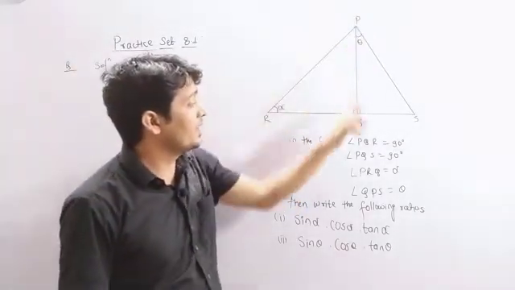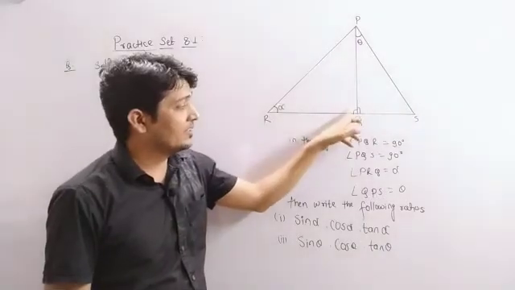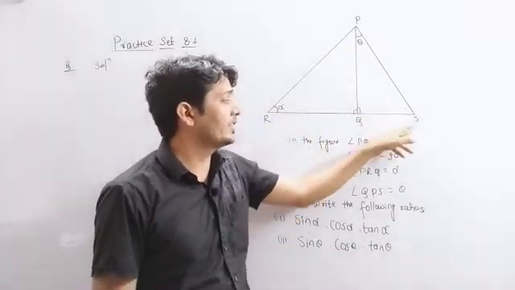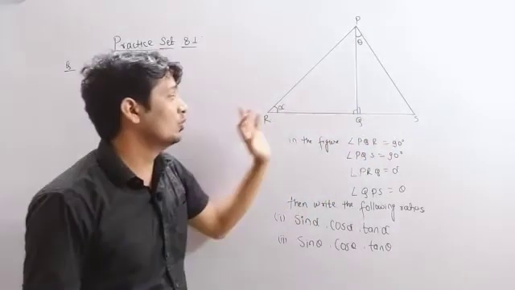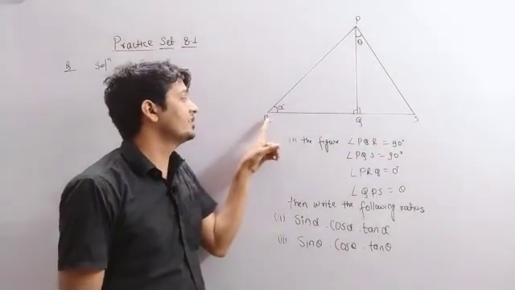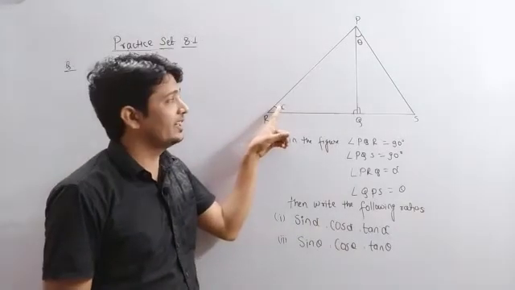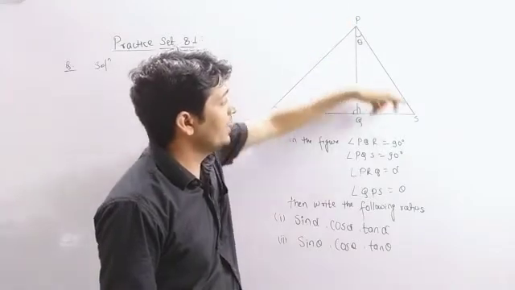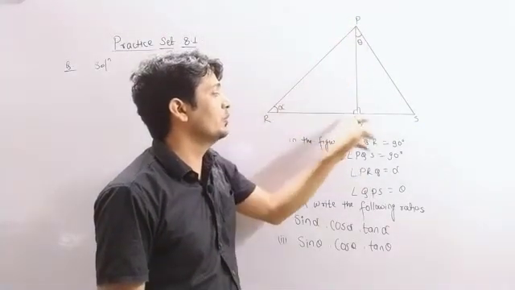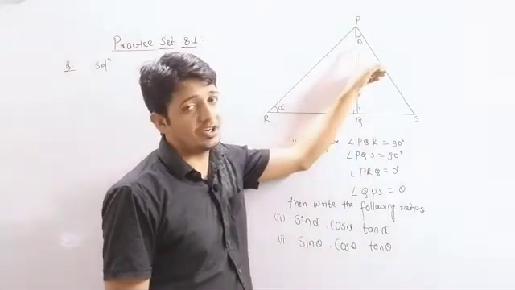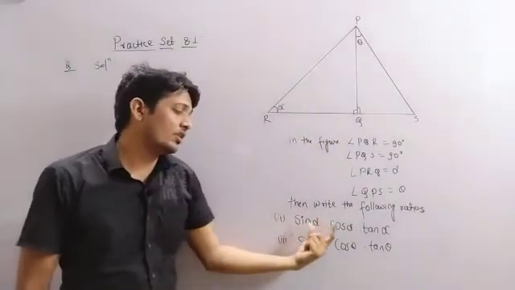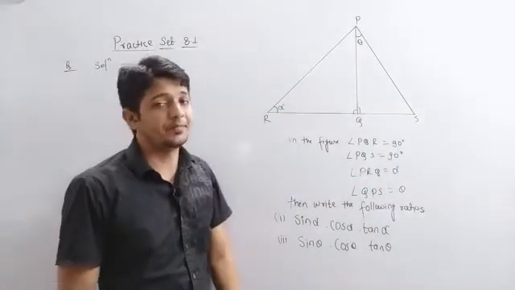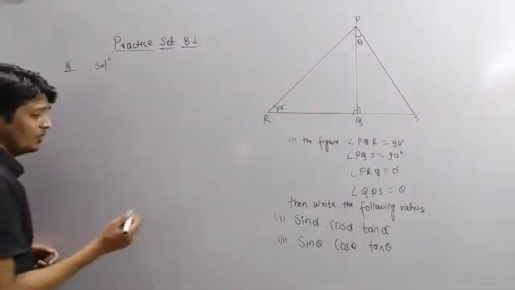Here angle PQR is 90 degrees, that is, right angled, and PQS is also a right angle. There are two angles given: angle R, which is represented by alpha, and angle QPS, or you can say angle P, which is represented as theta. So we have to derive all the ratios for the angle alpha as well as for theta. Okay, so we are going to solve.